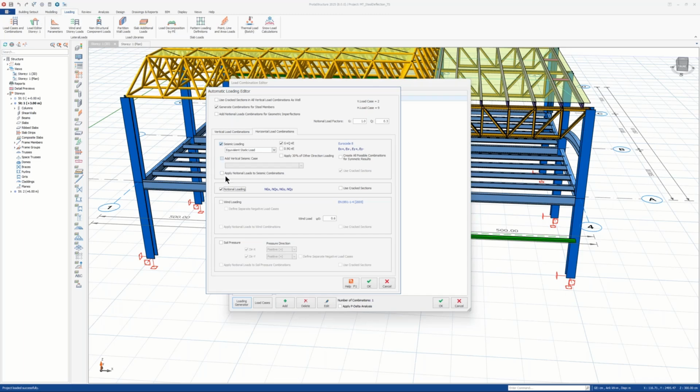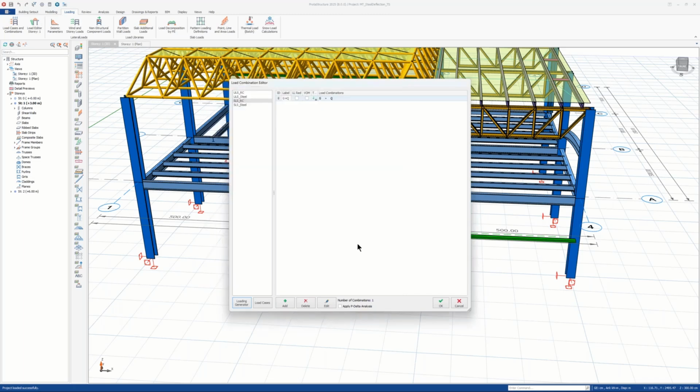And previously, these options were not remembered. When you exited the loading generator, all the options were forgotten, and you had to select from the beginning again. You don't have to do that here. All the options will be remembered in this version. Anyway,